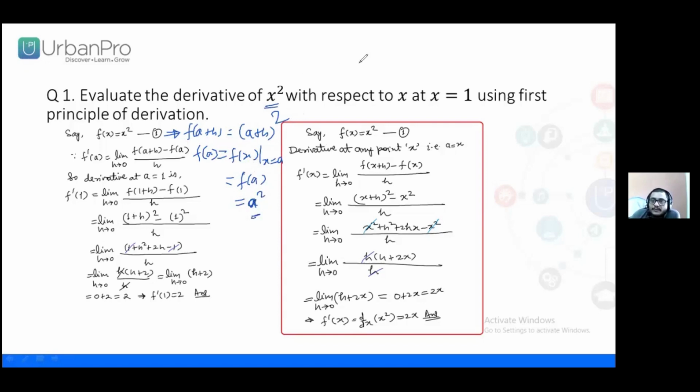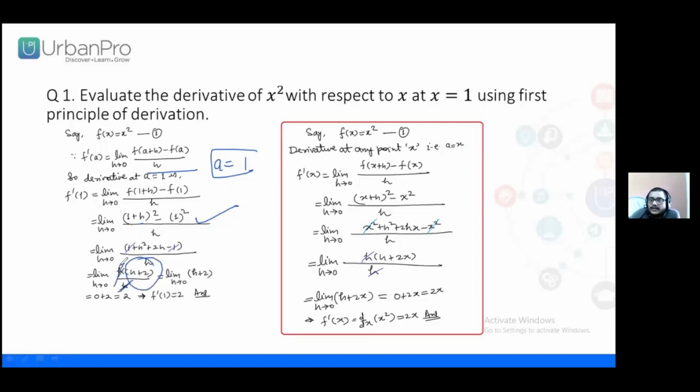Okay. So what we have to write here, here we have written the definition of the first principle, and after that we have to replace the value of a equal to 1. So we have got this relation. After squaring this, using the formula (a plus b) whole square is equal to a square plus b square plus 2ab, we will write here 1 plus h square plus 2h minus 1, and we can see that 1 and minus 1 will get cancelled out. So we will get h square plus 2h. We can consider h as a common, and this h and h will be cancelled out. Then we will get the value h plus 2.